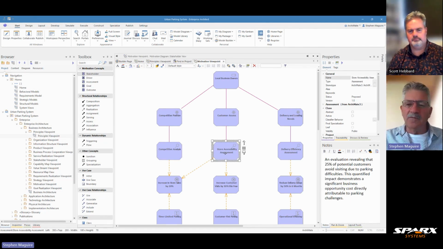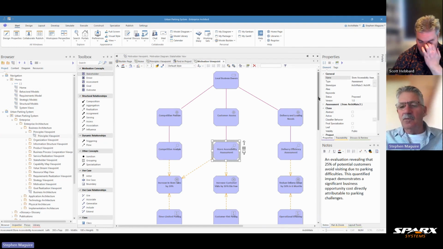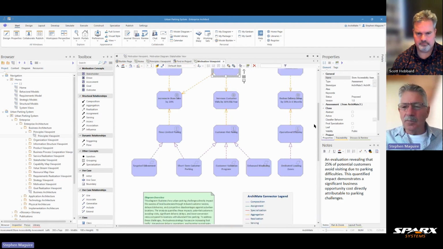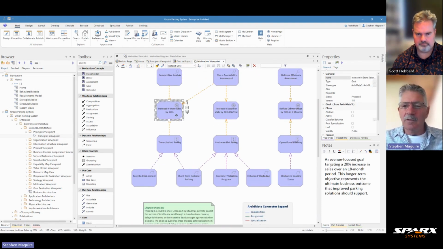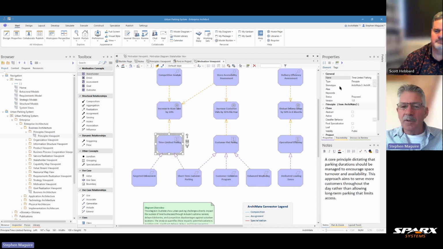So all these things that they would have done to provide evidence to the city government or the councils to verify their position or justify their position of asking for some dispensation with respect to parking. But here's our principle. So we've got particular goals there. Then we have a principle, and you can see that by the icon in the top right-hand corner again,